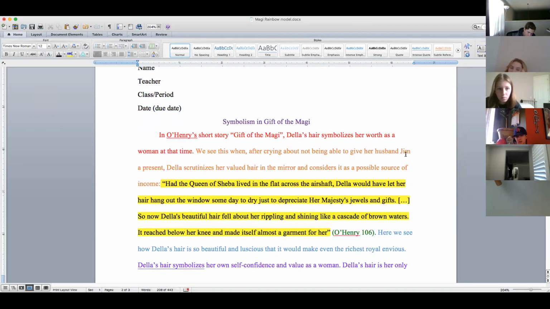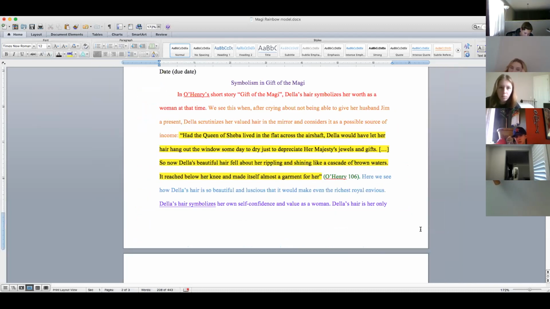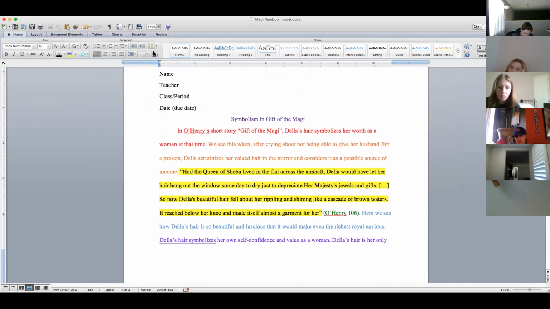Because at first I just was like, no, just write the paragraph, please. I'm just happy that you're writing. But now I'm like, no, we've talked about MLA format, right? That was what your last essay was supposed to be in. And it's something that's pretty easy. You can literally Google it. But yeah, yours should look like that, right? So symbolism in Gift of the Magi.